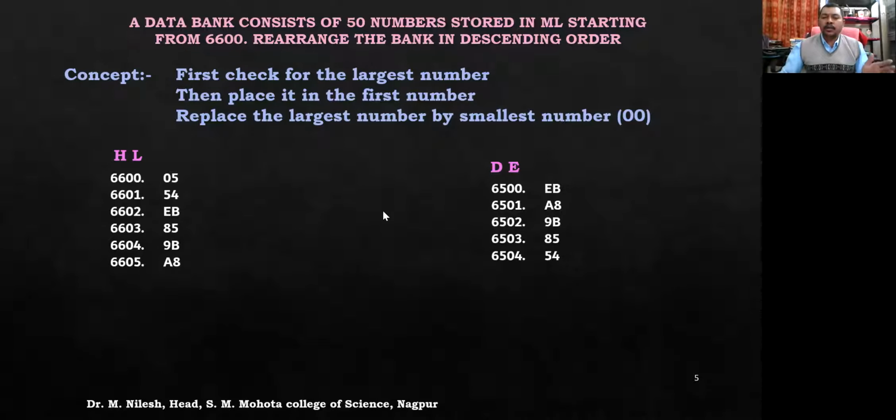We are going to put our counter in register C. It is wrongly written here, but this is written rightly: in memory location 6600 we have the count. We move that count there itself, so that we might use it two or three times, right? So this is the basic concept of the program.